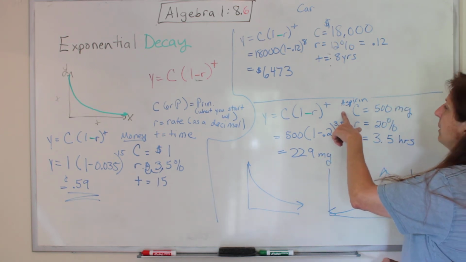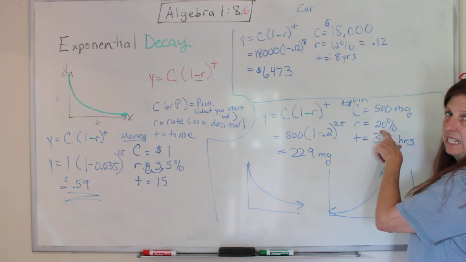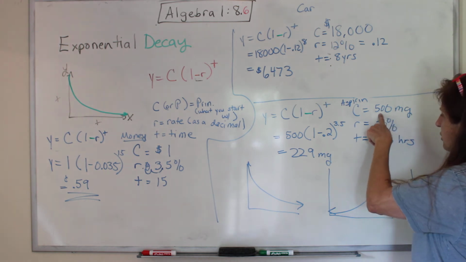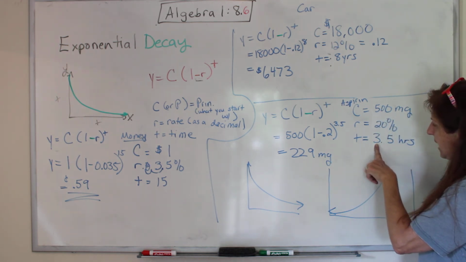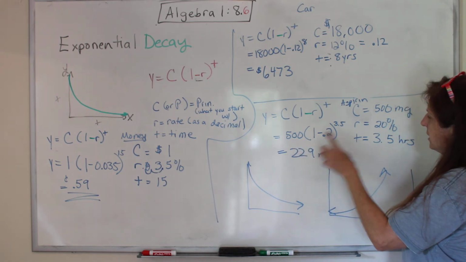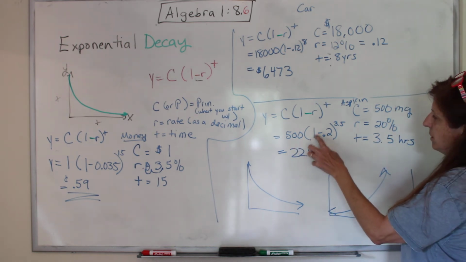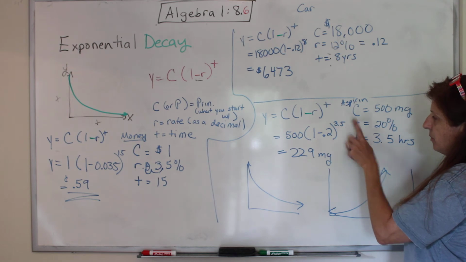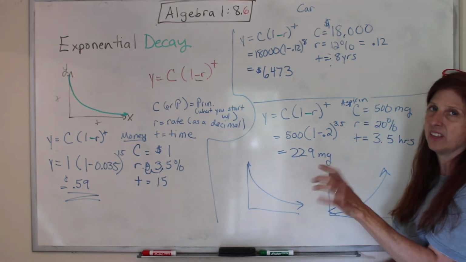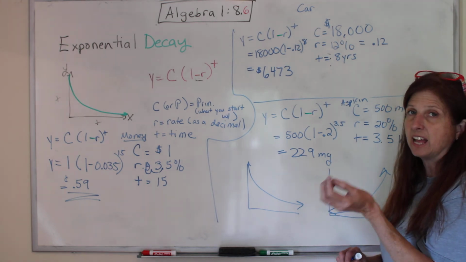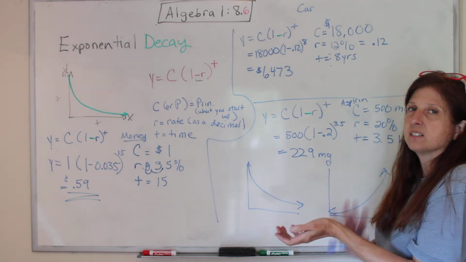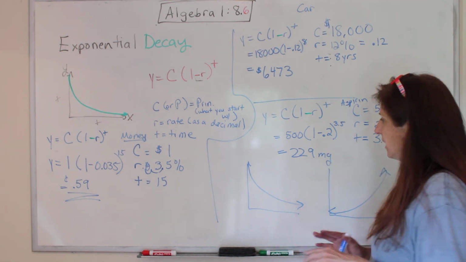All right, here's another one. Aspirin breaks down in your blood at a rate of 20%. So if you started with 500 milligrams of aspirin in your blood, how much would be left after 3.5 hours? So you start with 500 milligrams, you change the rate into a decimal, 1 minus 0.2, 3.5 hours, you'd have 2.29 milligrams. That's why they have the arthritis aspirin that's slow release. It keeps the level up higher so you don't start hurting more and more as you go along.